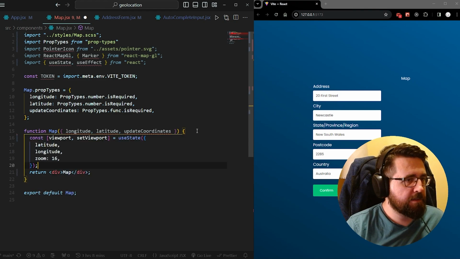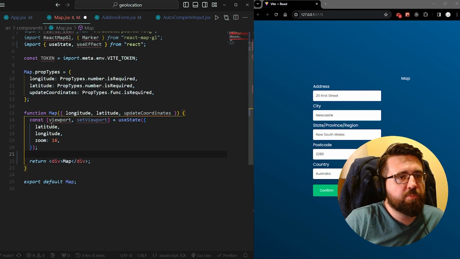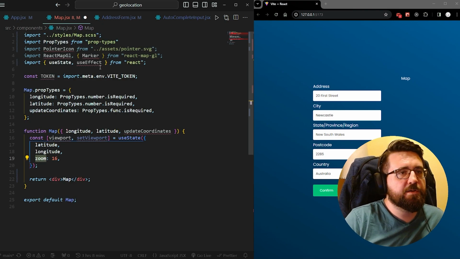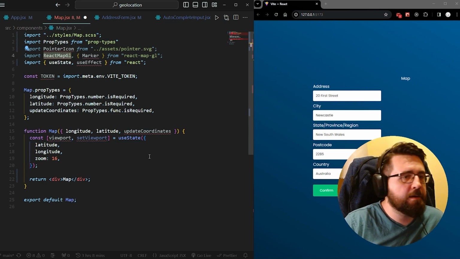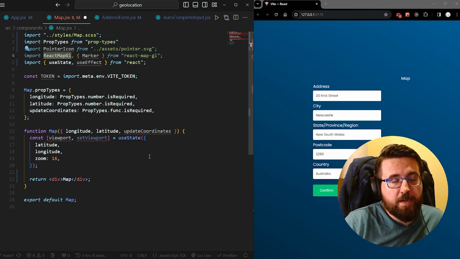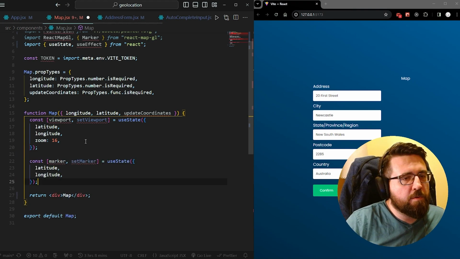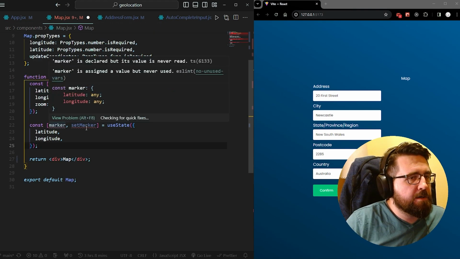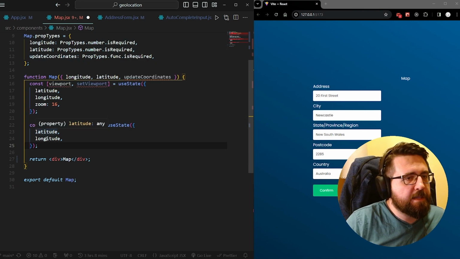As far as handling the state goes, we're going to have our viewport and set viewport, which use state, and the default value is going to be latitude and longitude, which we are getting as props. And we are going to have a zoom property here, which is specific to React map.gl. It's basically how far along is your map zoomed in. I played around with some numbers, got to a number of 16. You may want some other number. We are going to have another use state for our marker. So we're going to have marker and set marker, which use state, which is an object which has latitude and